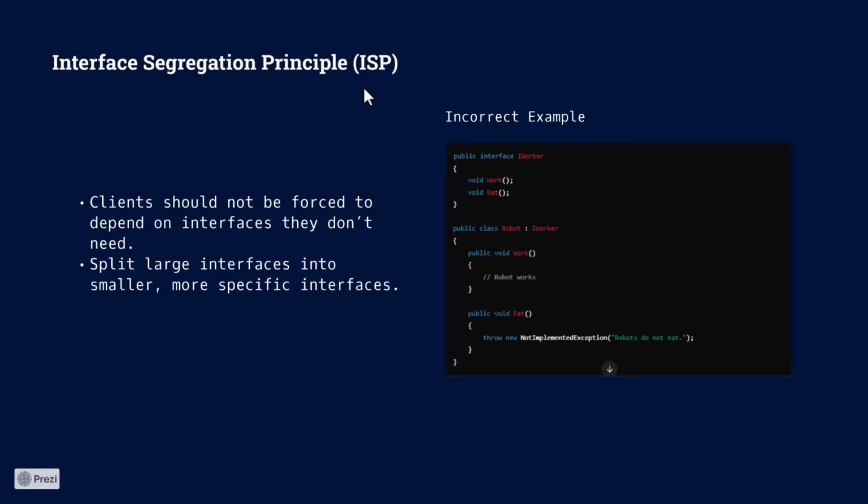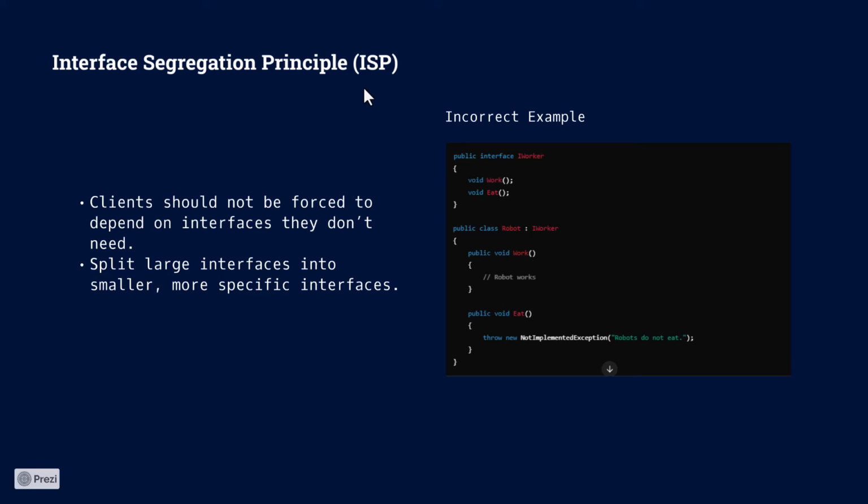Split large interfaces into smaller, more specific interfaces, which is a little bit similar to what we did before, but we're going to explain this in a different scenario with interfaces. Before, it was a scenario with classes and methods inside classes, which is what we call properties for that. So let's go ahead and check this example, where I have an interface which has two functions, work